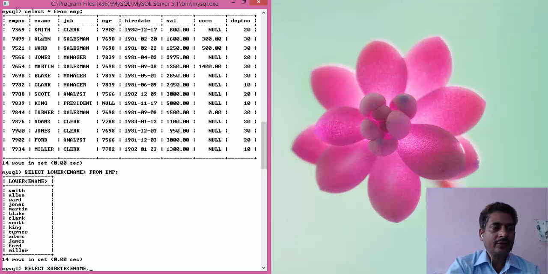Suppose I want to start from the second alphabet. So 2, and the number of characters. How many characters you want to extract?